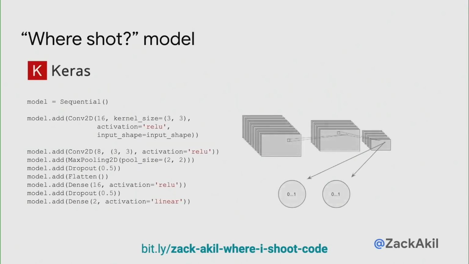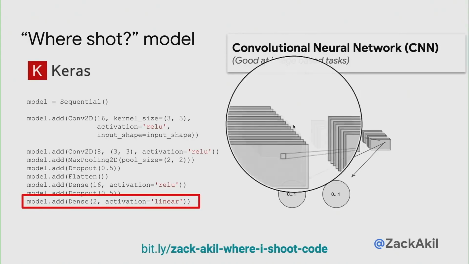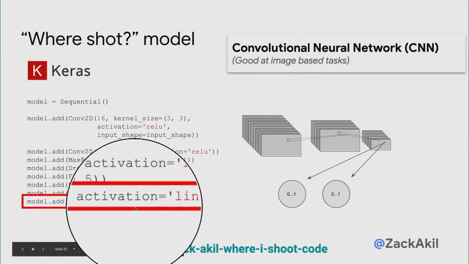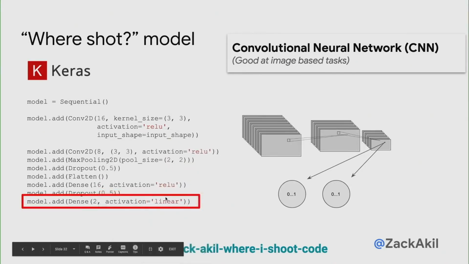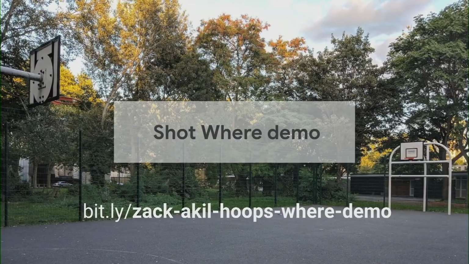The actual shot model is the exact same as before, because it's predicting with the same input data. I don't see why I needed to change the model at all. The only thing I needed to change was the output. Because I'm predicting two numbers, it's going to be 2 nodes and a linear activation, which gives me 2 regression outputs. And moving swiftly on, the demo that demos this